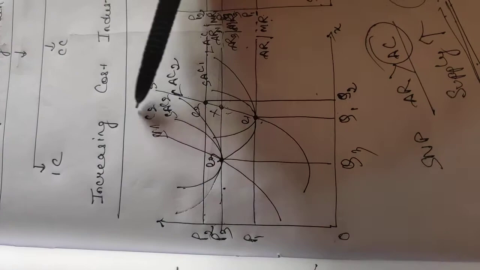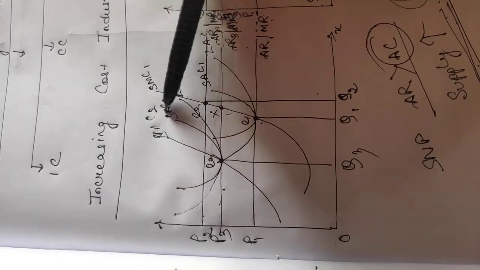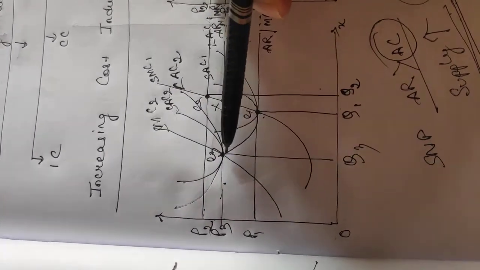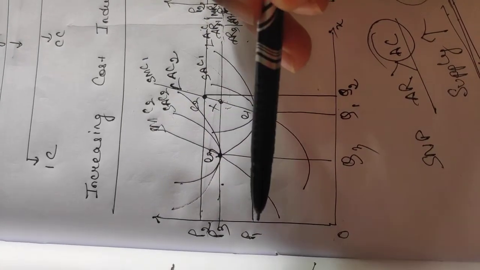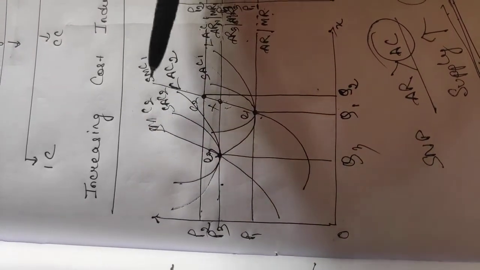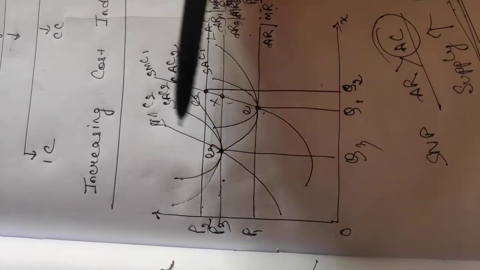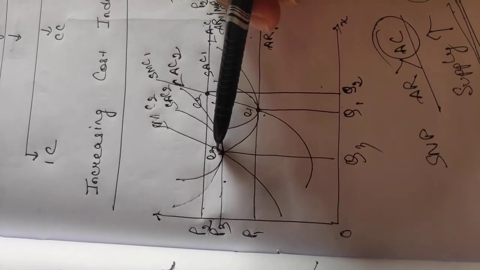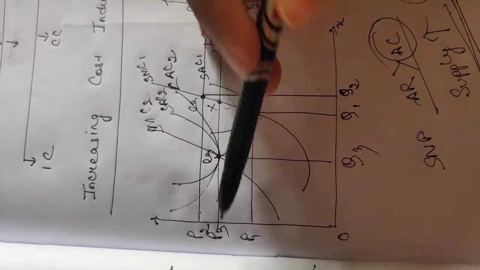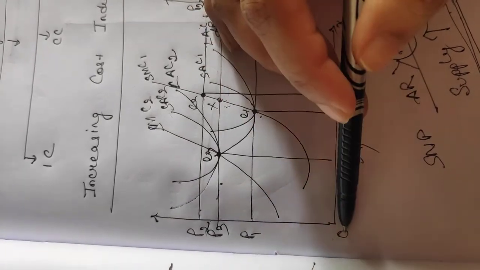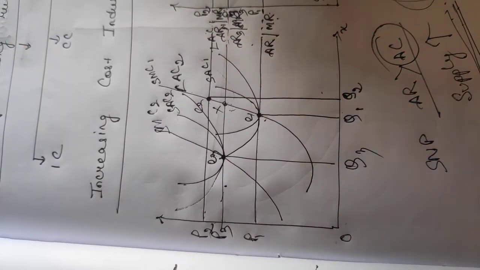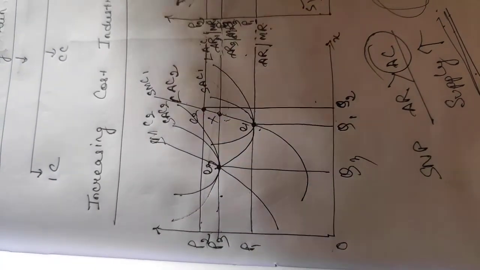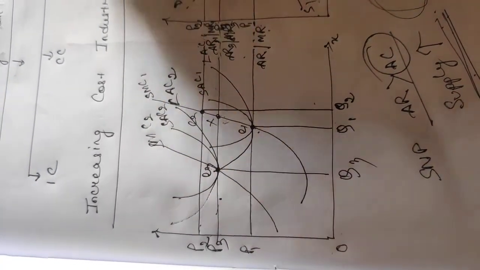And this is the equilibrium point because you have drawn your SMC curve like this. So at this point where your SMC is cutting your MR from below, this is your equilibrium point of the firm. Now at this particular OP3 price, the firm is enjoying only normal profit. So I told you earlier that in the long run a firm always earns